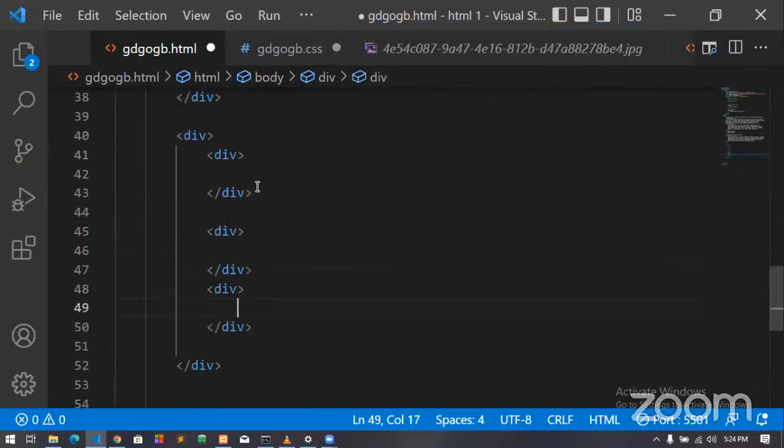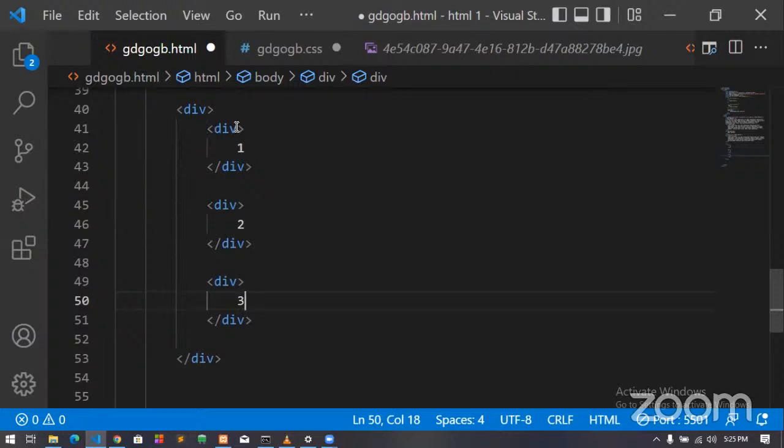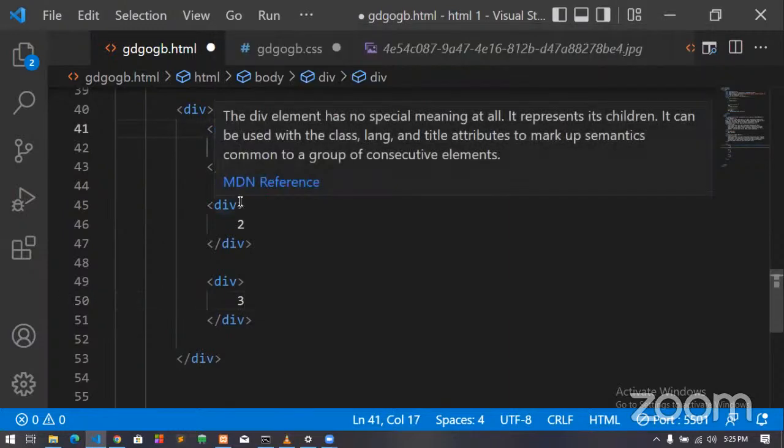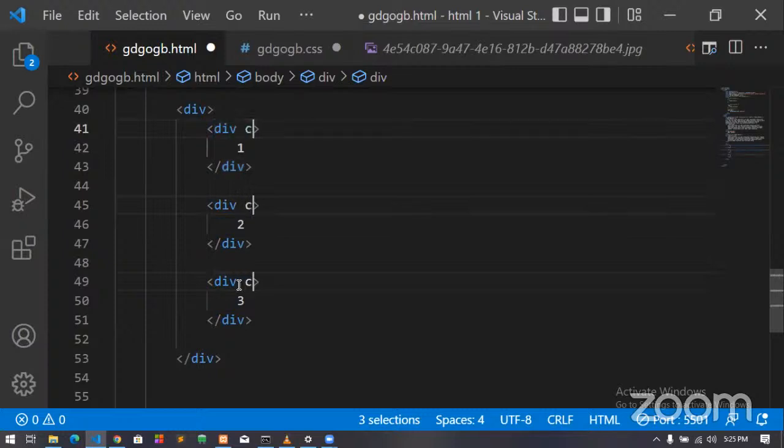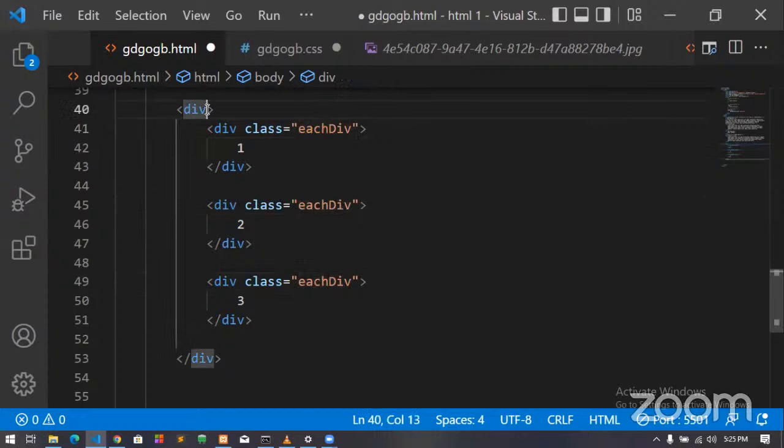I would put 1 in the first div, 2, and 3 in here. I would give each div a class, and I'll give the mother div the class wrapper. It's the one that is wrapping all the other divs.